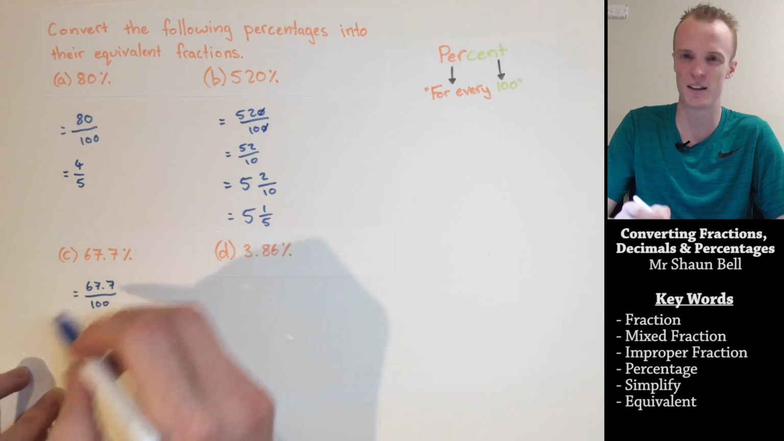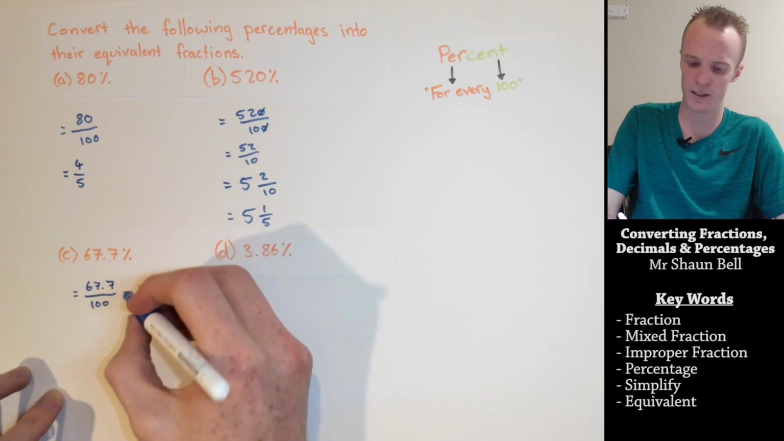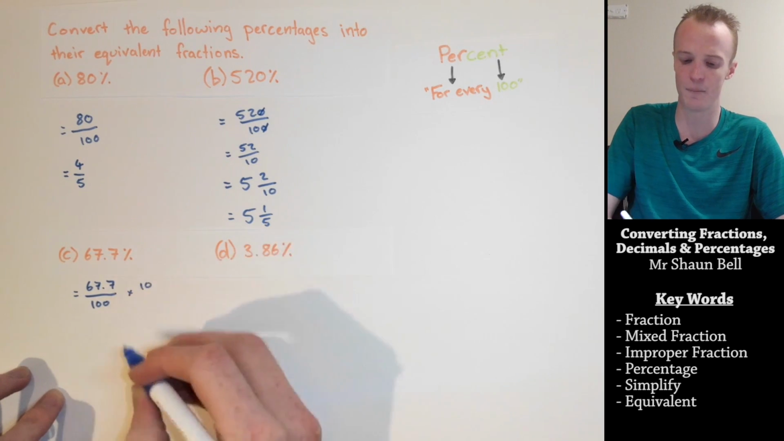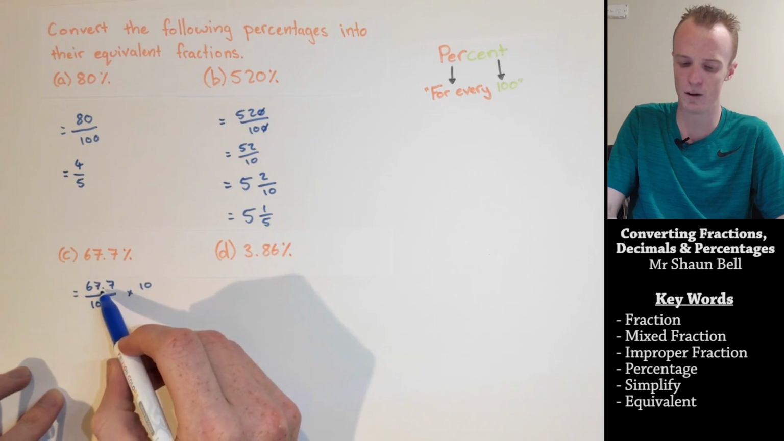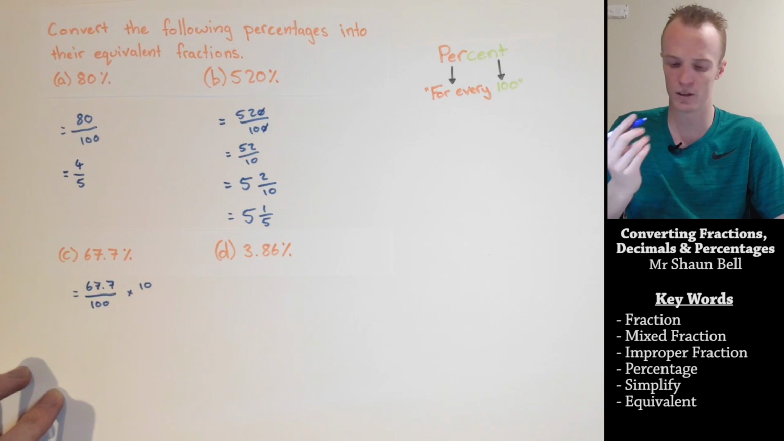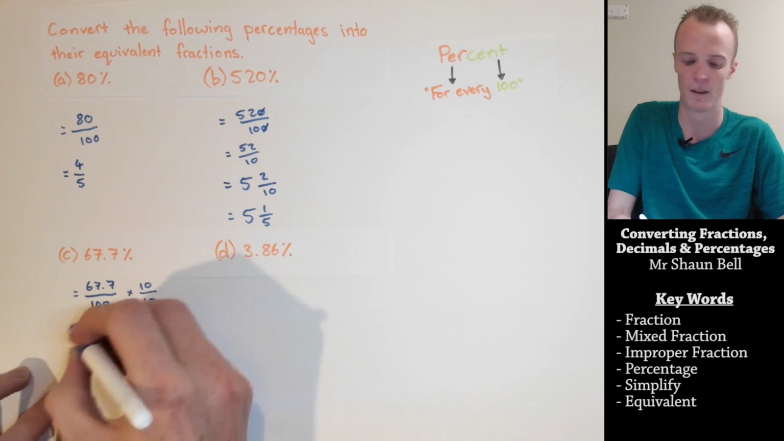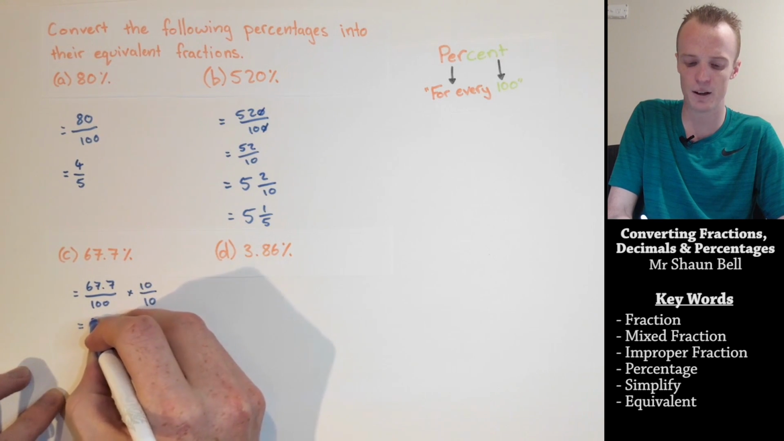However, this fraction has a decimal in it, and when we simplify it, we need to remove this decimal. Now, one way to do it is to multiply this top number here by 10, which would essentially move this decimal one place to the right. However, if we multiply the top by 10, we must also multiply the bottom by 10. So when we do that, that's going to be equal to